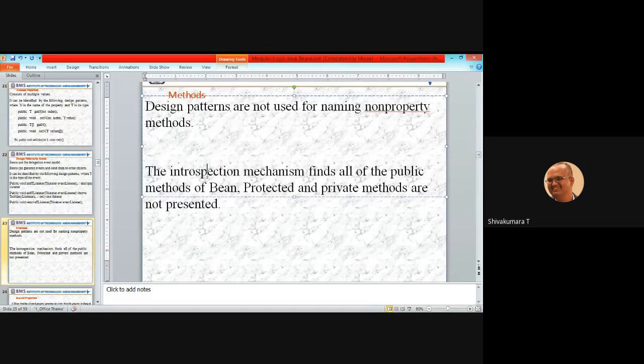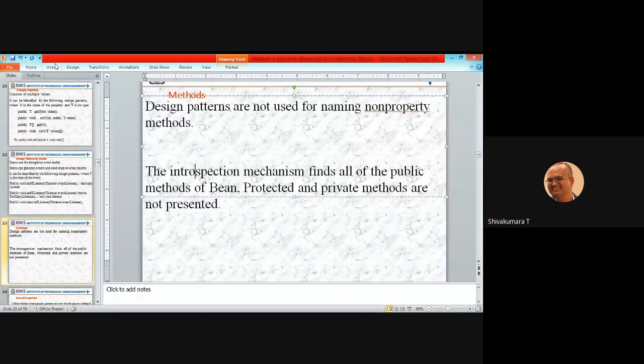The meaning of introspection is a process of analyzing the Java Bean's properties, events, methods and its capability. Getting? It is going to analyze only those exposed as public, not protected or private. Protected and private methods are hidden from the outside world. Introspection happens from outside to the inside of the Java Bean.